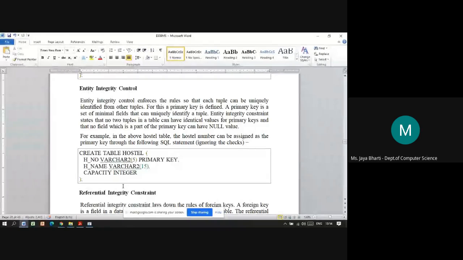That is the violation of the constraint. So that's the primary key's job. It allows only unique values to enter the table. Fine. So this is called the entity integrity control.